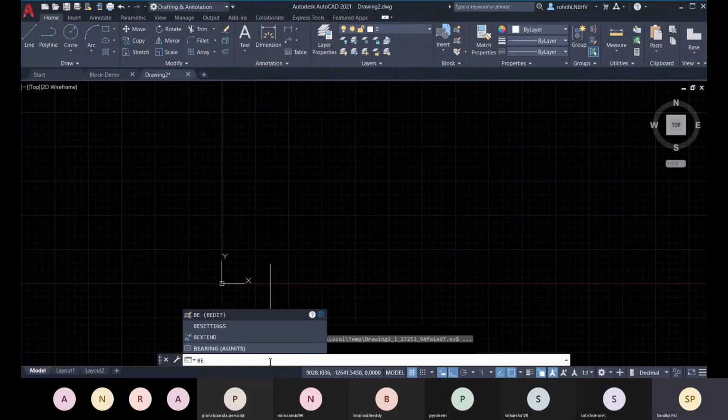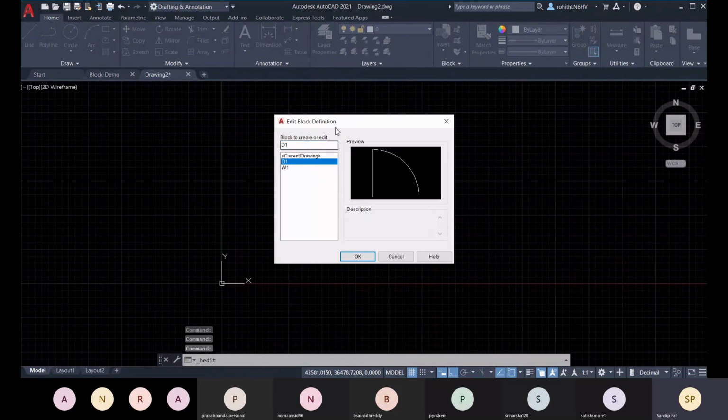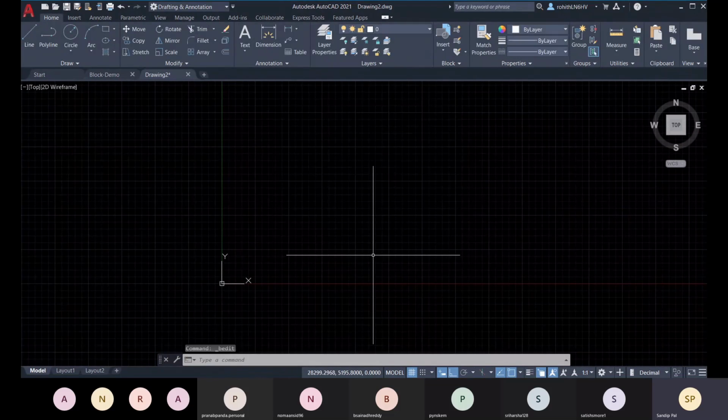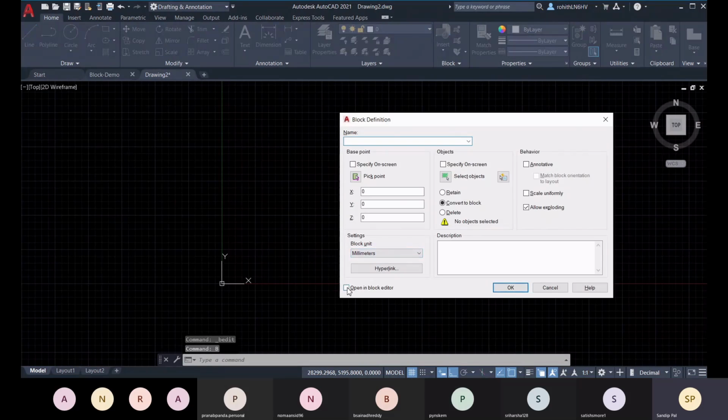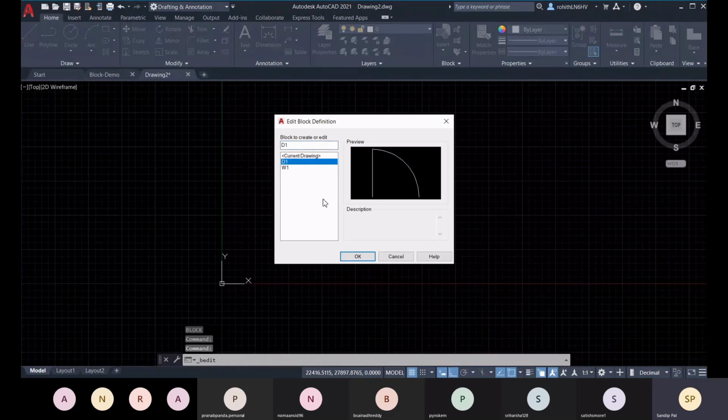Then you choose that block which you want to open in block editor, D1, or else when you are creating your block, B enter. There you have this option, open in block editor. While creating, you can directly open in block editor. So now after creating it, you can open it in block editor. For that, go for this block editor and then choose the block and click on OK.